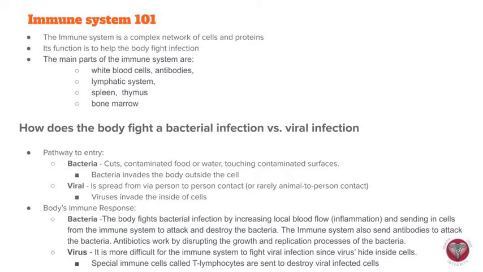The immune system is the one that protects our bodies from infections that want to go inside to cause disease, harm, and illness. The immune system has many components. We have our bone marrow, our spleen, our liver, our white cells, all of these working together to protect our bodies from these invaders.